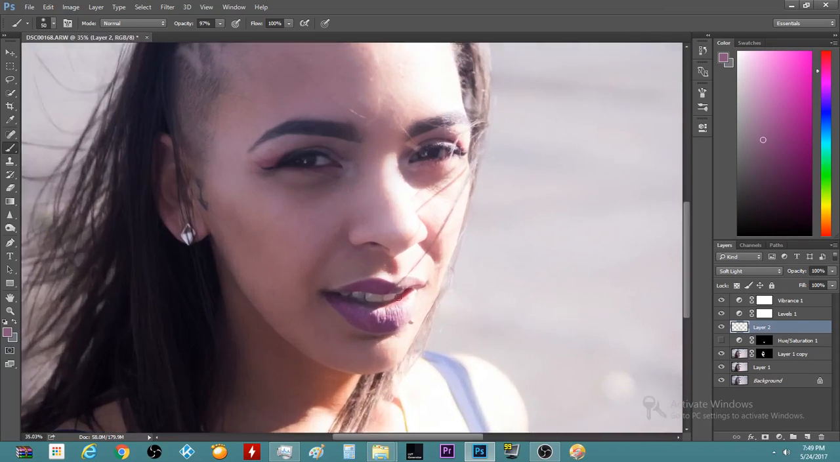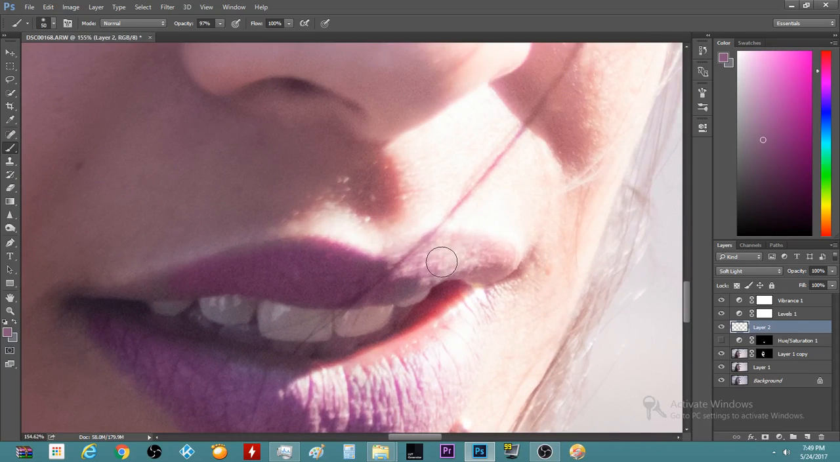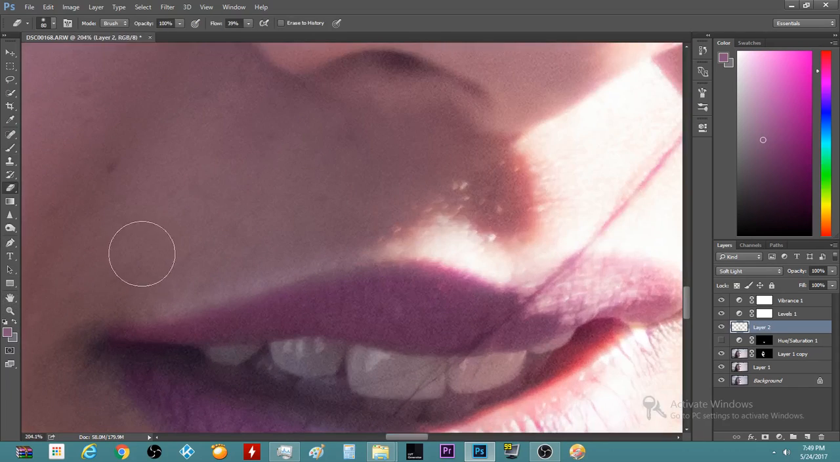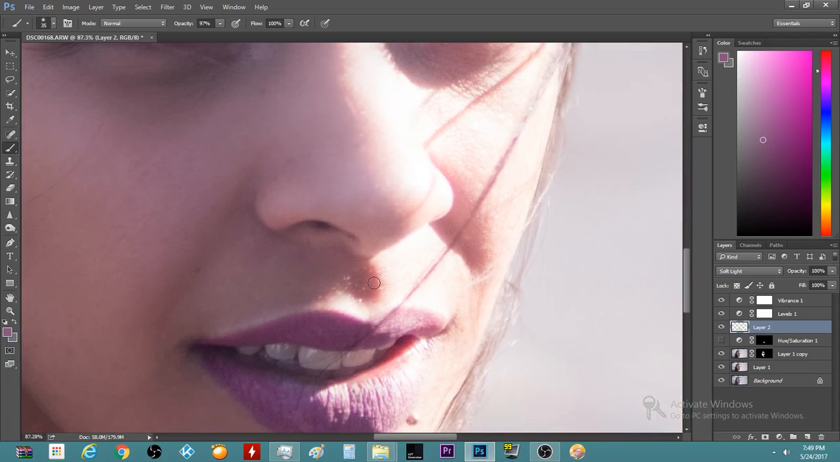I'm saying no one's going to notice I got a little bit on her hair. The sun's so bright, it's not going to really reflect right. Eraser tool. And the top of her lip. Alright, cool. Now,